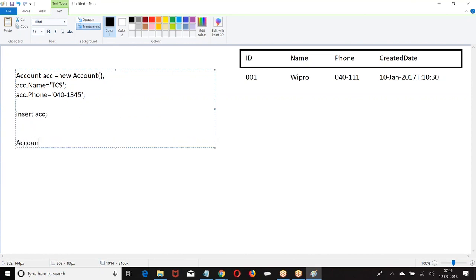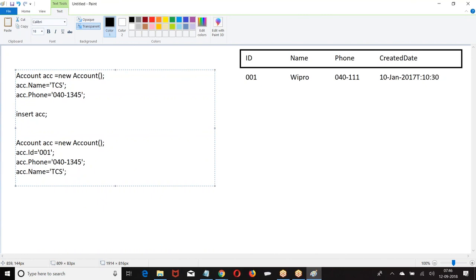The same thing I am giving here. Account ACC equal to new account. Then what was this?